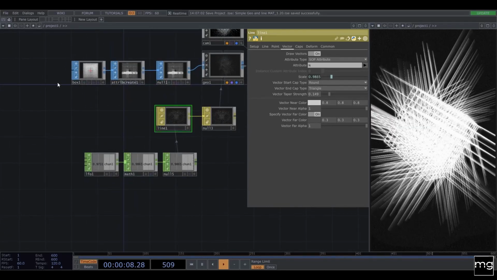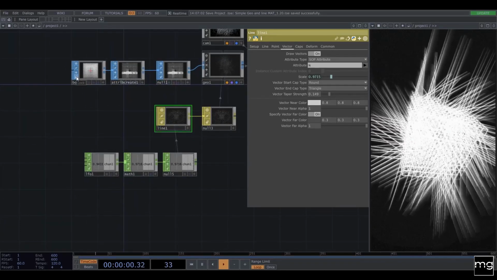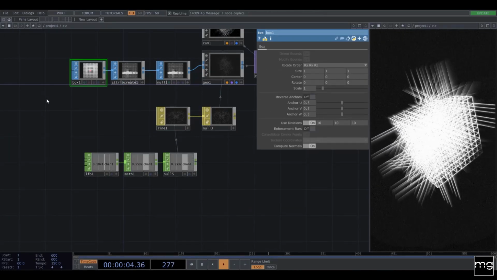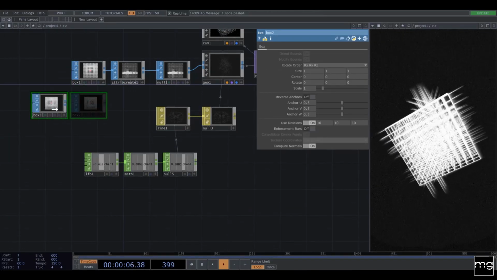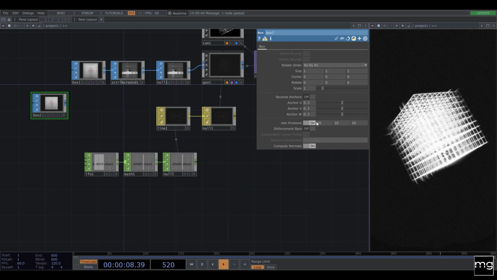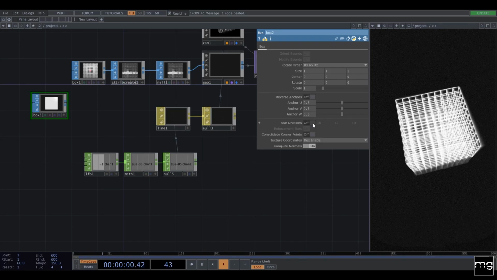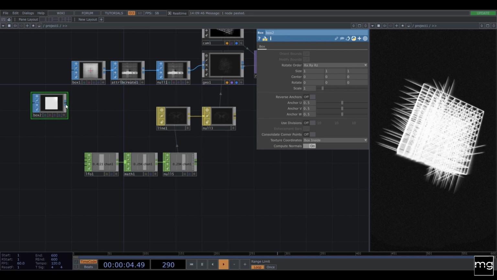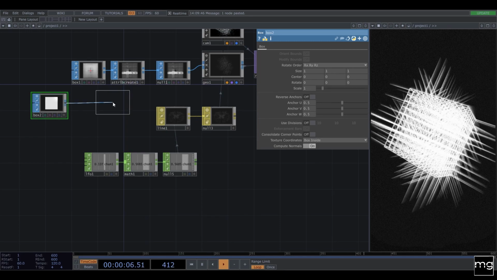Another thing that you can test is starting to add, for example, another box, the same, but instead of subdivide here, we're going to turn this off as it was, and I'm going to add a subdivide.